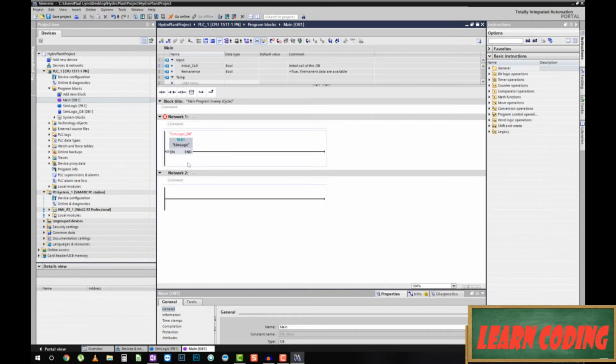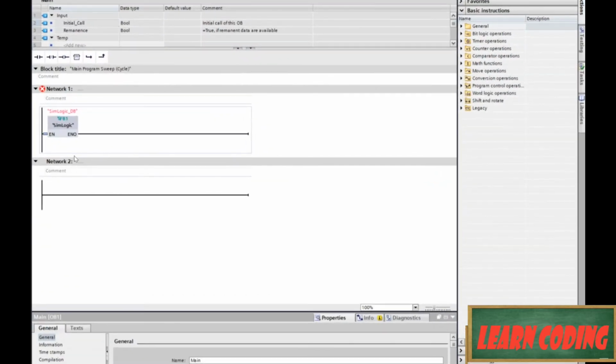I want to show you and set up. So coming down here, I'm going to work in network 2, and I'm going to put a comment here, which is: 1 equals LAD, comma, 2 equals FBD, comma, 3 equals SCL, comma, 4 equals STL. So that will remind me while I'm programming what these different things actually mean and what they do while I'm